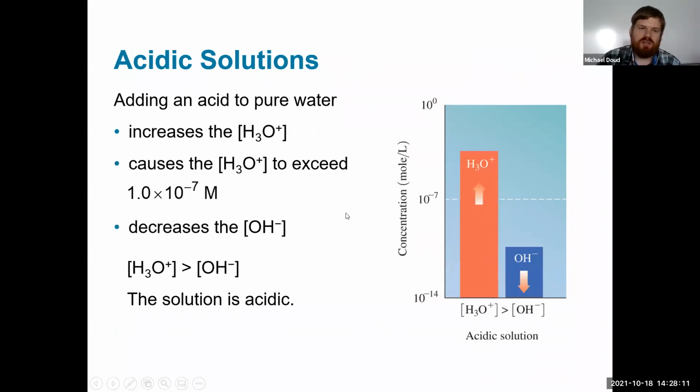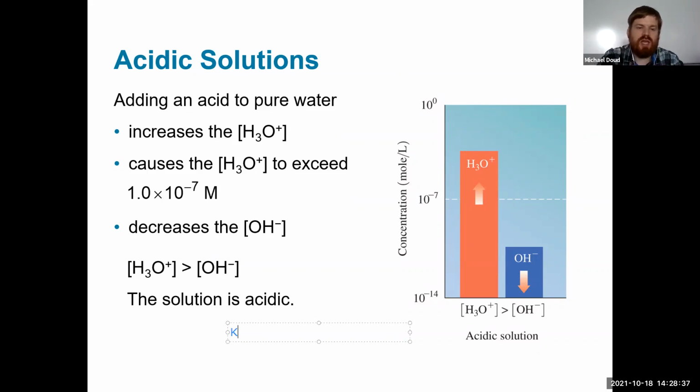Now, if you add an acid to the water, all of a sudden, you're going to have the water molecules accepting protons from the acid. That increases the concentration of the hydronium. Now, that means that the concentration of hydronium ion will exceed 1.0 times 10 to the negative 7. To counteract it, the concentration of hydroxide ion will decrease. Because remember, we're still stuck with this,